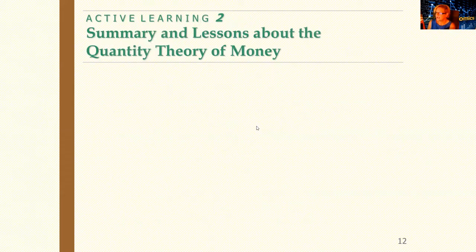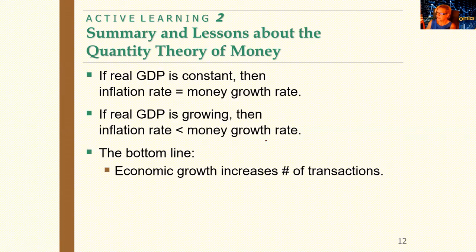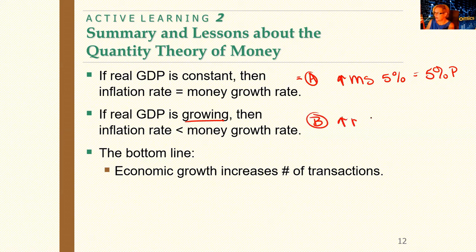So let me go back and share my next slides with you. Okay, so what's a summary of the quantity theory of money? And this becomes the important part. If real GDP is constant, then that was our first example of A. If we increase the money supply by 5%, we have an automatic 5% increase in the price level. If real GDP is growing, then like in B, we had an increase of 5% in the money supply,